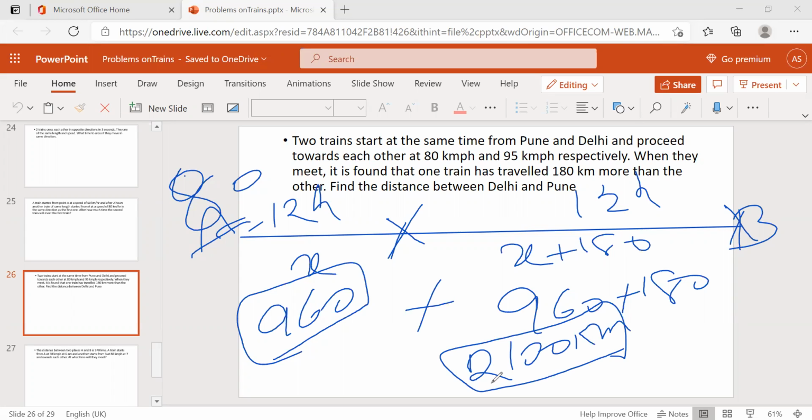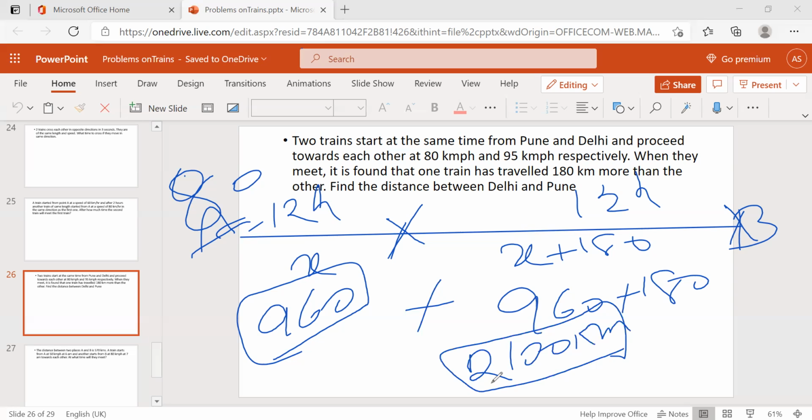For this, we have a formula also directly. You can take the formula also, but I'm not going to recommend the formula, because at the time of competitive exams, if you forget the formula, what will happen? So you need to understand how we're going to calculate this. Okay, clear?